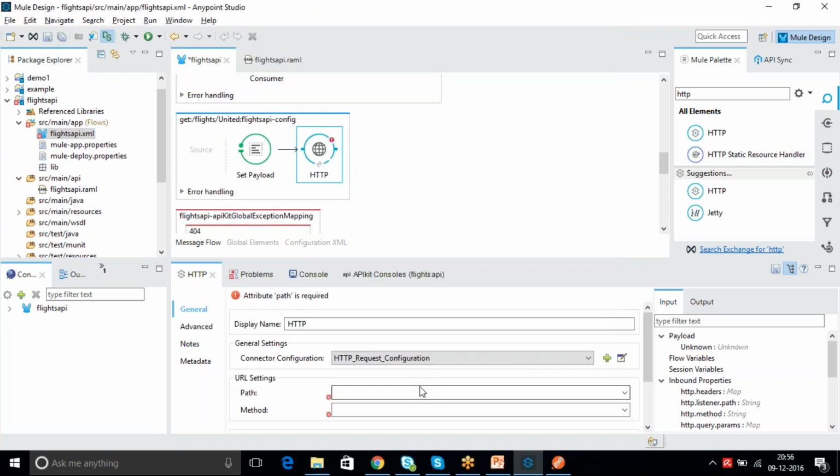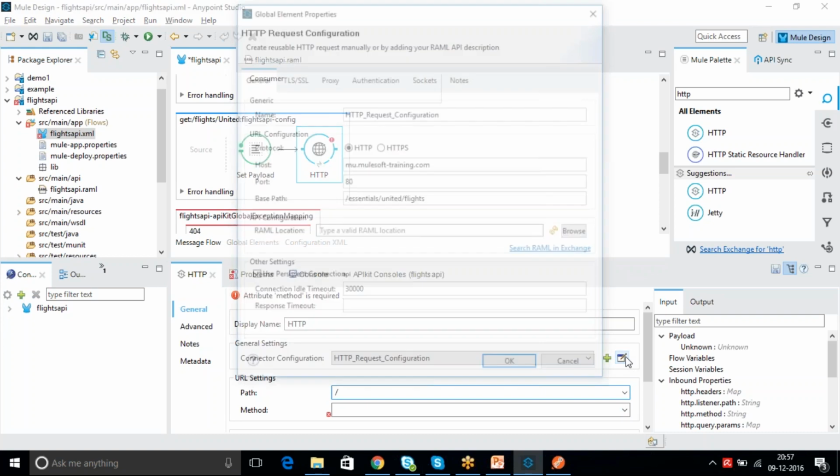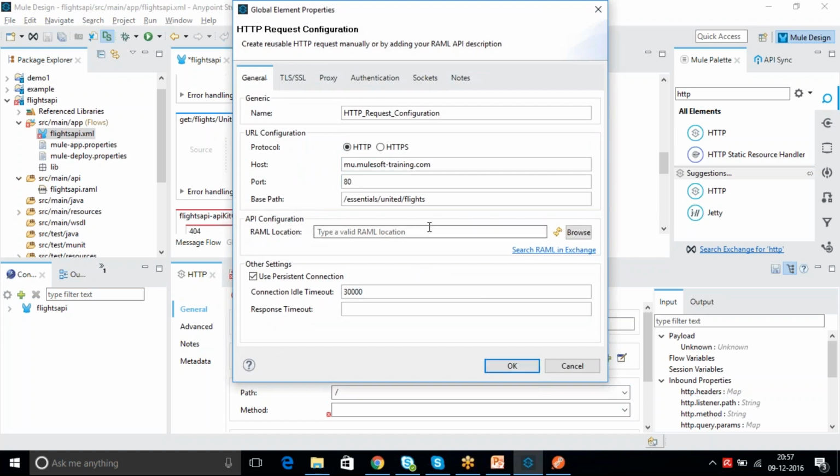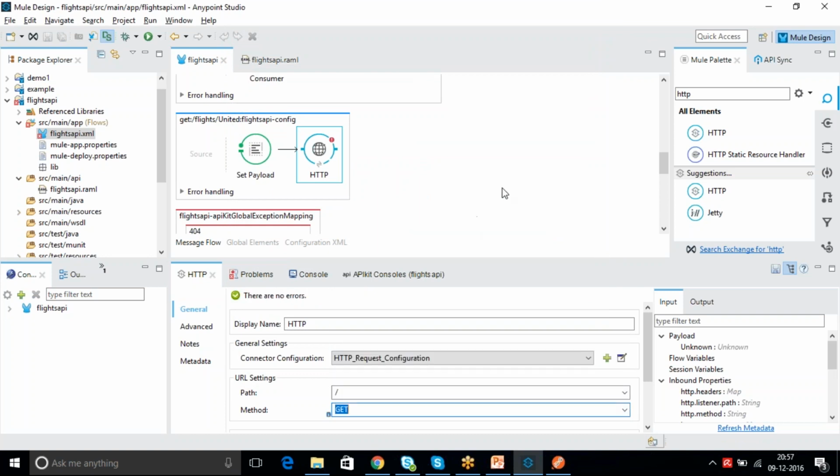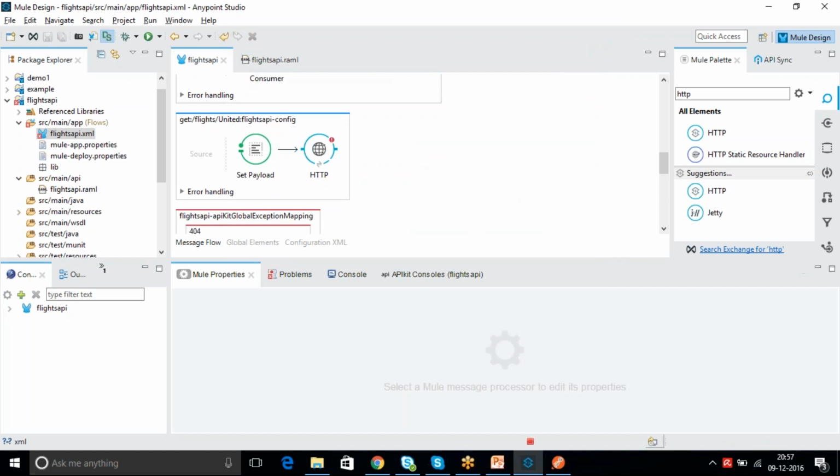Now what do I need to give here? Since I already gave it as a base path, I don't have any extra path, just give it a slash. So this will take whatever base path we set, and that will be the actual path. It will consider it like that. After flights, if you need to pass something, like flight information or destination, airline, destination, then you need to specify that here. Now what is the method I want to perform? It should be a GET method.